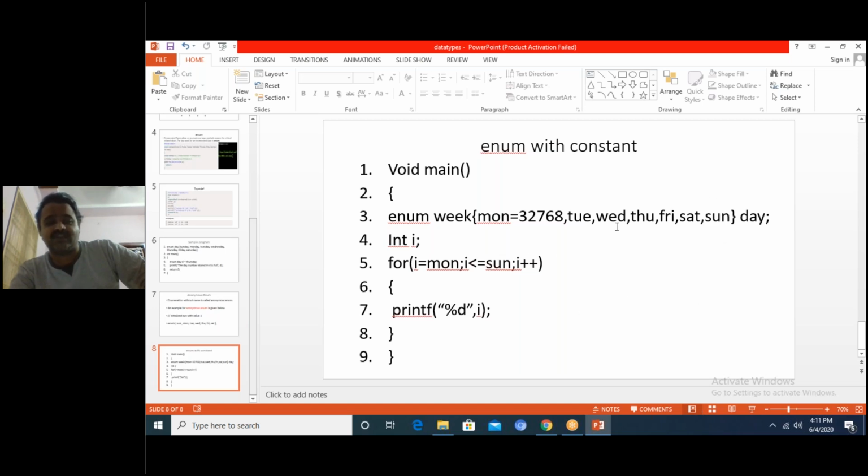Output will not be printed, which is an error, because this is given as 32768, which is followed by 32769. Those values cannot be printed by normal integer values. So if you want to use enum with constant, you need to use it within a range of integer value.